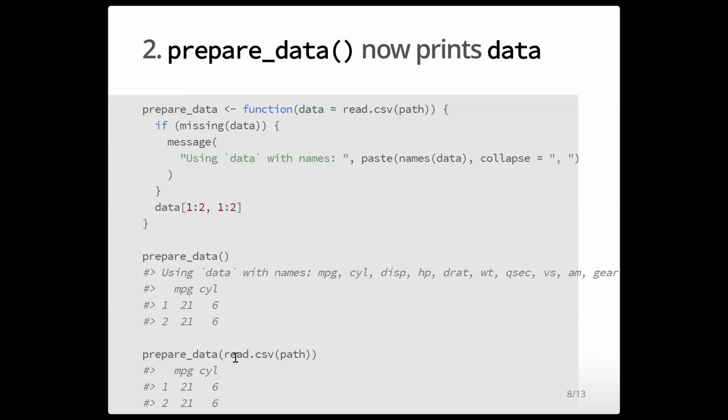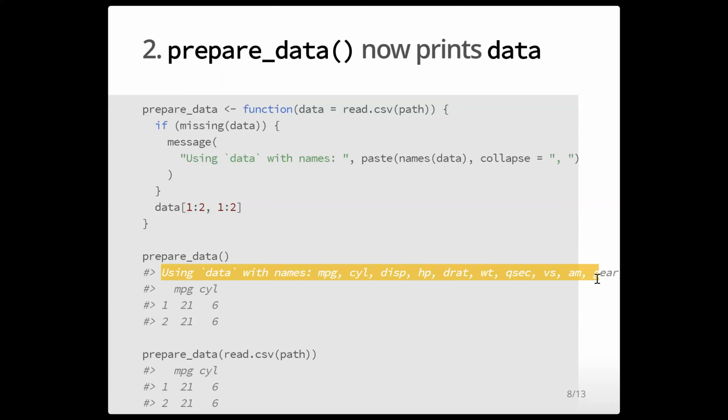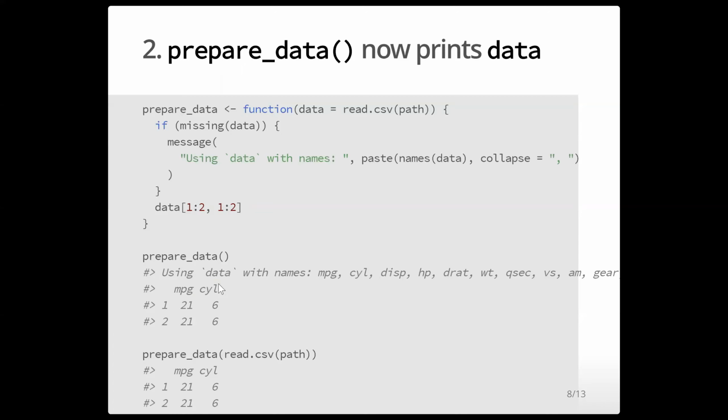And in this case, because the user is giving that argument, then we don't need a message, right? And that's what the function does, because now the argument data is not missing. So okay, it kind of behaves as we expected. But then